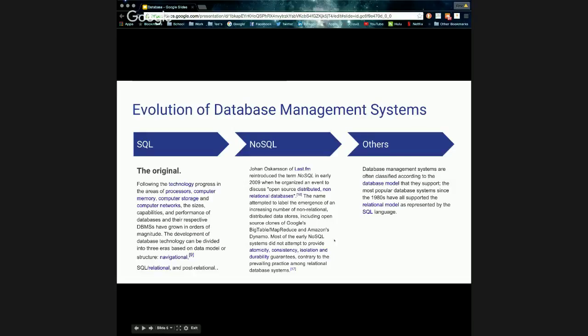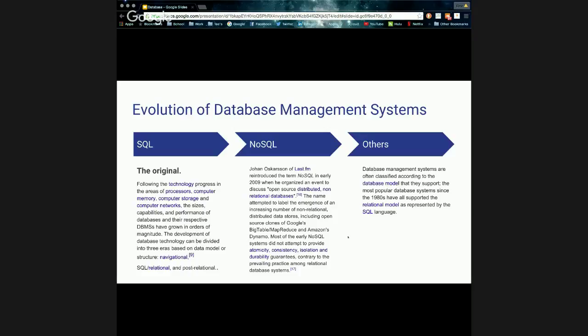So kind of the evolution. SQL, the structured query language, was the first. It started out of this need to start relating information to what that information means. And then